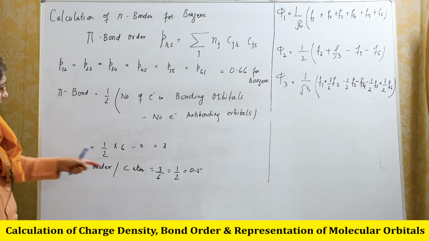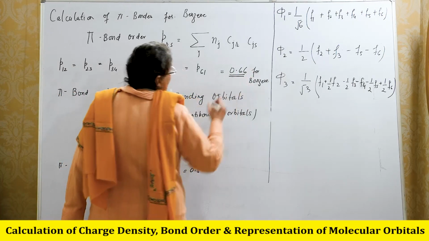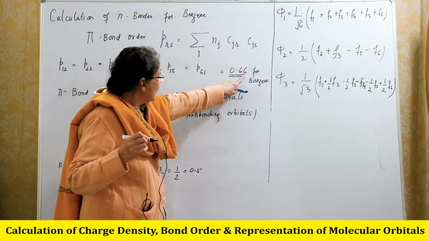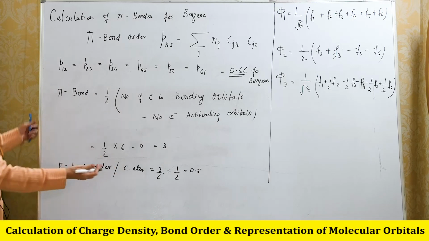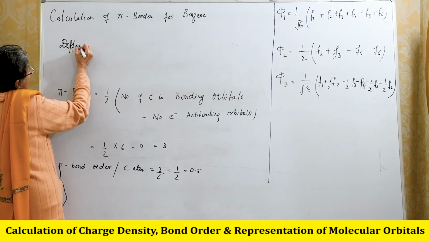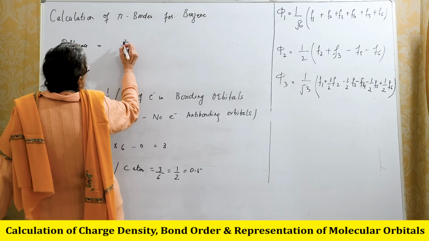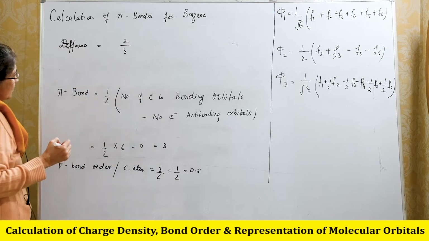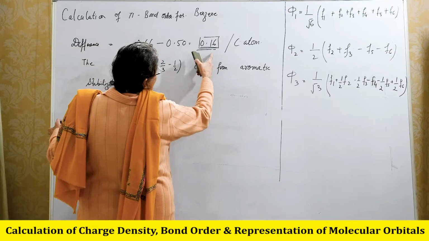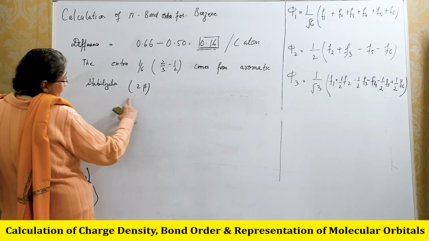Then we expected that its value should be 0.5, but actually when we calculate bond order, it is 0.66. It means this bond order is greater in benzene than in other aromatic hydrocarbons. The difference is 2 by 3, so actually this higher value 0.166 comes from aromatic stabilization, and earlier I have already explained that